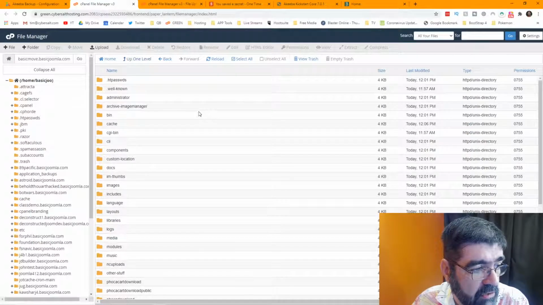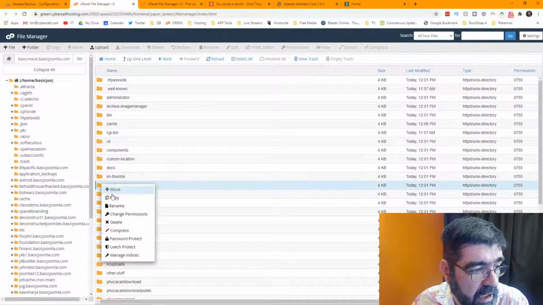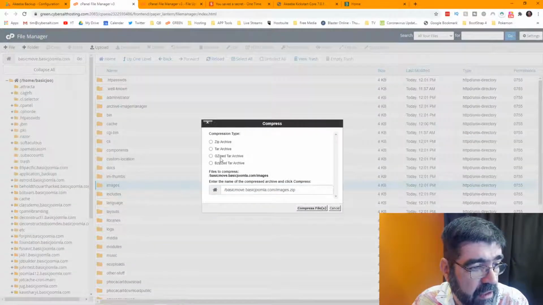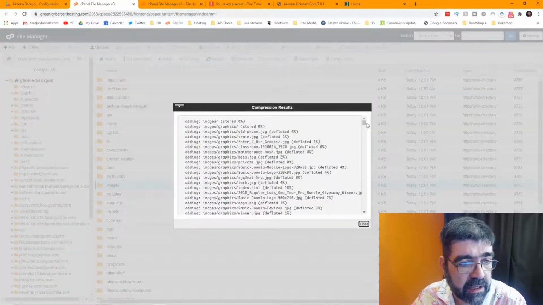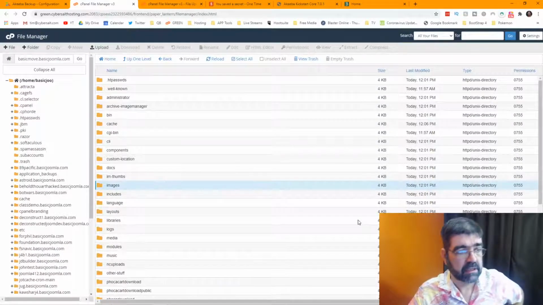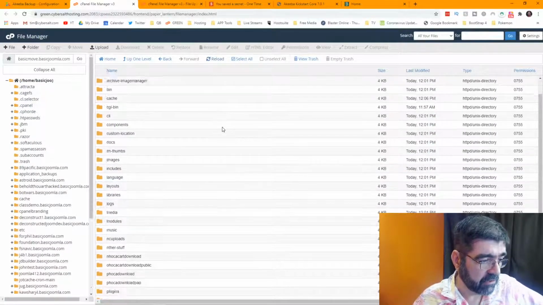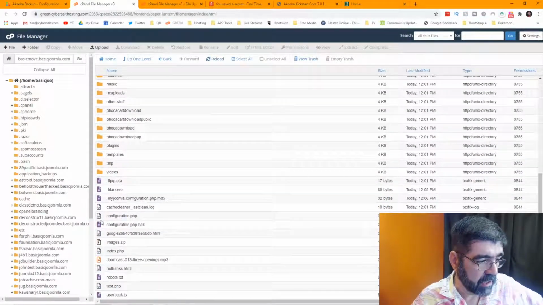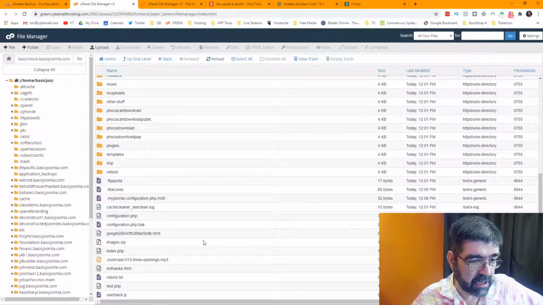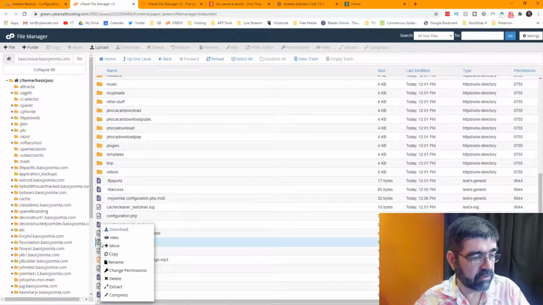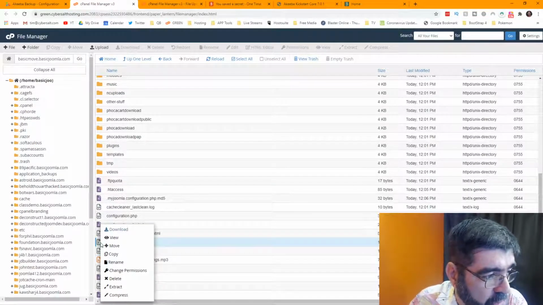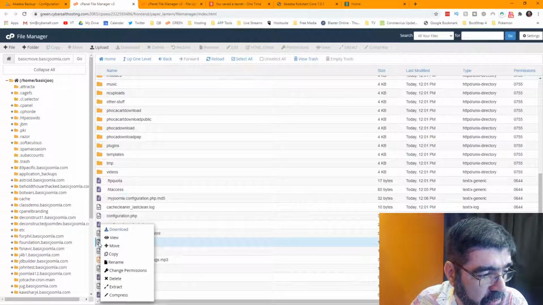What you can do is you can right click and go compress. Compress them into a zip file. All right, so they'll get compressed. Now when we reload this, down here there'll be this file here, images.zip. Notice this is 14 megabytes. You can then download this to your computer, or you could upload it to a new location, or